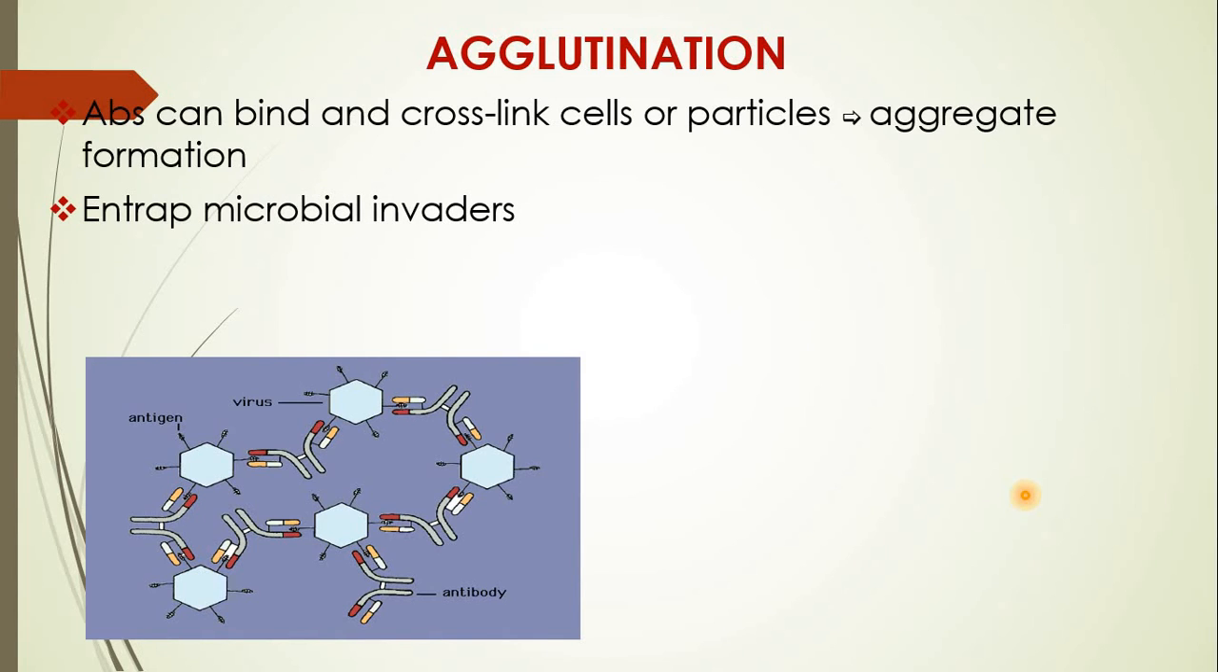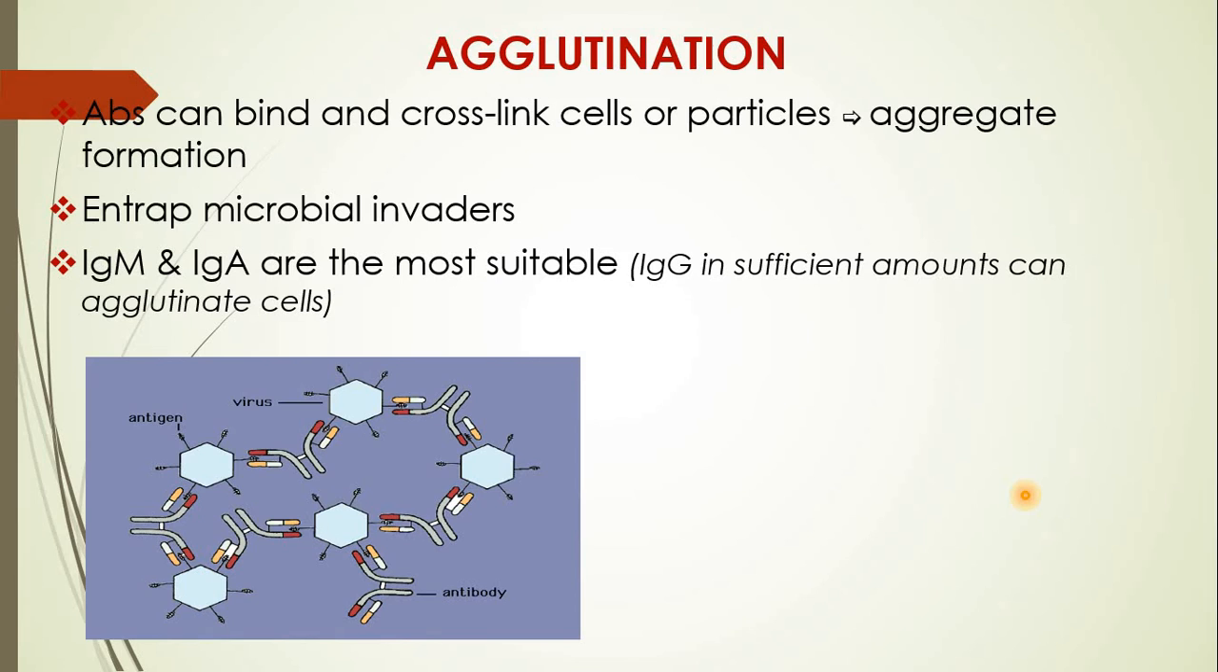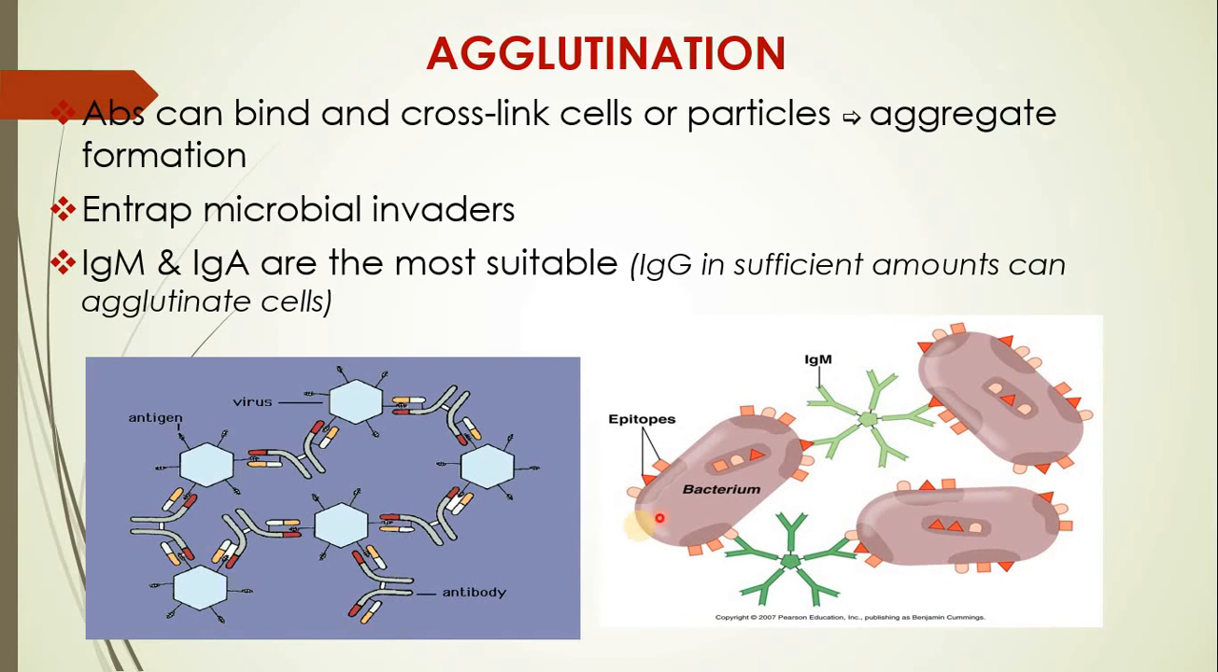Or in other words, you can say that here the microbial organisms which are invaders are seen entrapped, and this entrapment is seen commonly with two different types of immunoglobulins, that is IgM and IgA. IgG is sufficient to bring about the process of agglutination. Now here you can see all these hexagonal structures representing the virus, whereas these Y-shaped structures are